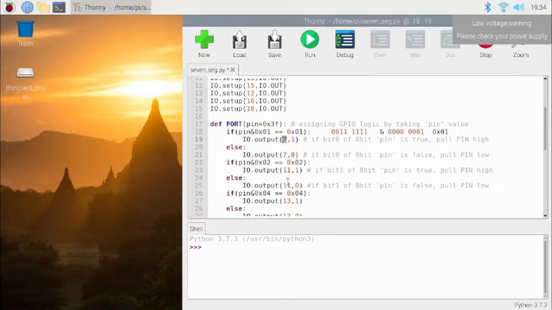Now remember that our pin number 7 is actually our first segment, which is A, the top one. So this function will write according to this argument. Here in the argument we have 3f, so the first segment, the A segment, will turn on.